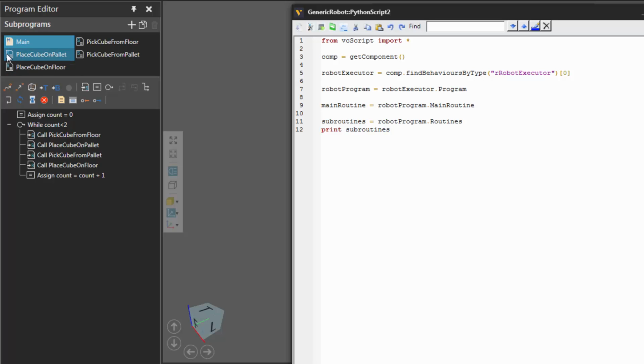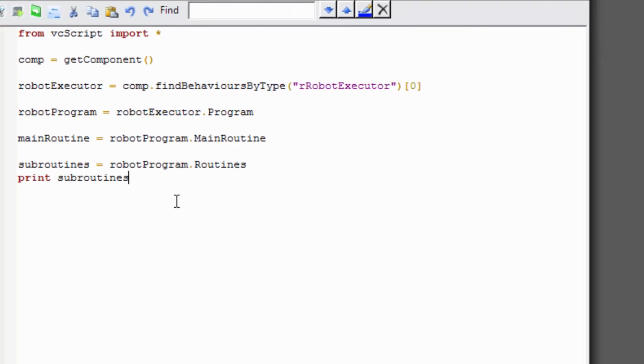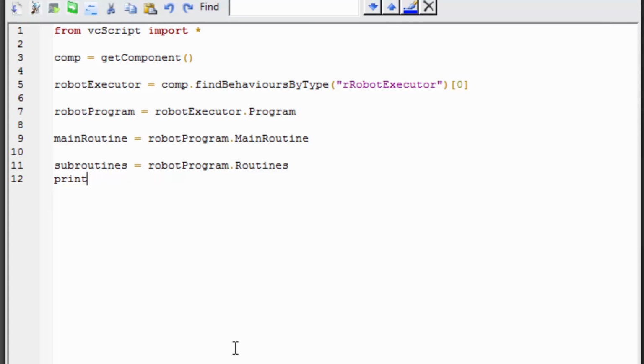Now in some cases, a routine in a robot can have variables. If I select the main routine here in the Program Editor panel and go to the Routine Properties panel, notice that it has one variable called count. If you want to access those variables, it's very easy. Let's go back to our script and say for property in main routine dot properties.